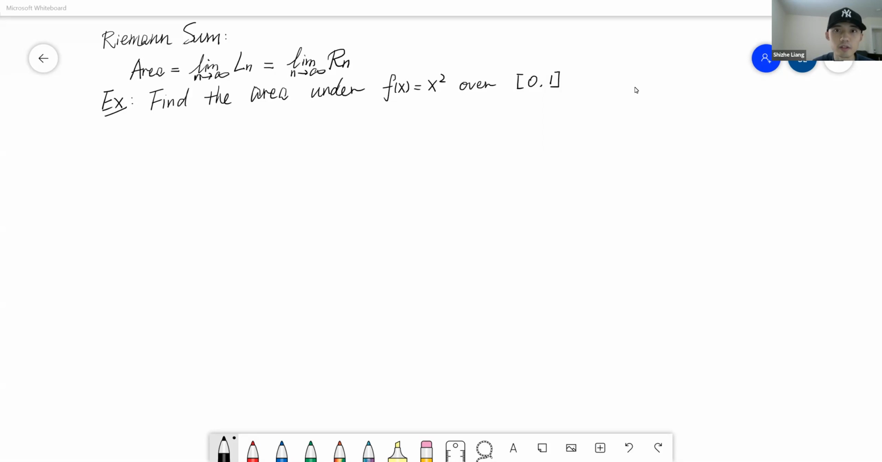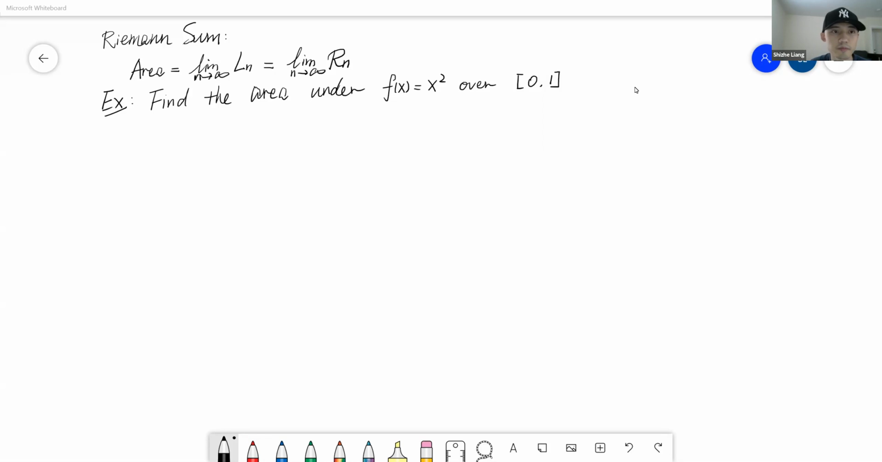Hello, so it's me again. As I promised, I'm gonna make a video on one example of finding the exact area of a function on some interval. So this will definitely help you with the last two problems on your homework, which is